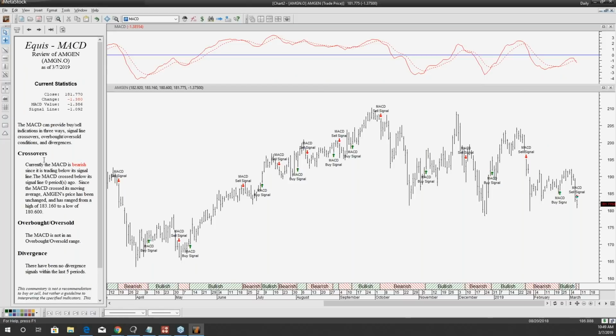So I could actually even keep this chart. I can add it to a custom watch list. It did good going long on the MACD buy signal. So I could keep it in there and I can follow it for MACD buy signals in the future if I wanted to, seeing as it worked well with that. So that's how you will look for a trade, find a trade, get more comfortable with a trade inside MetaStock.